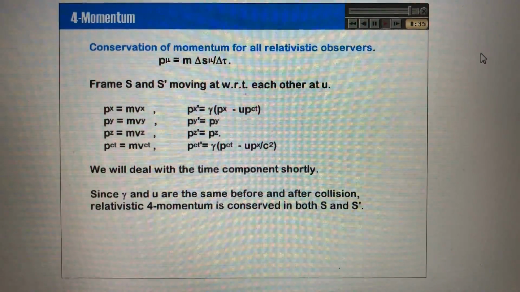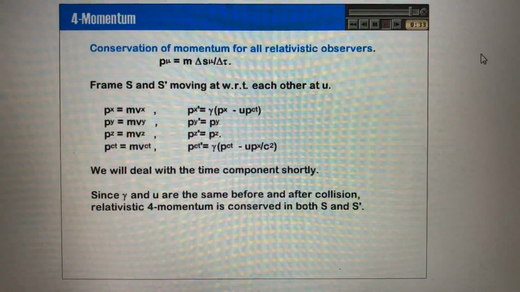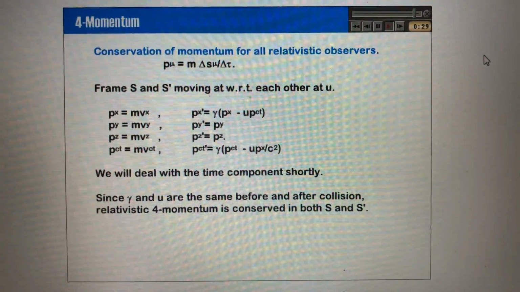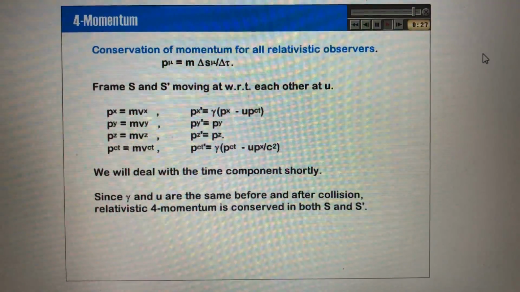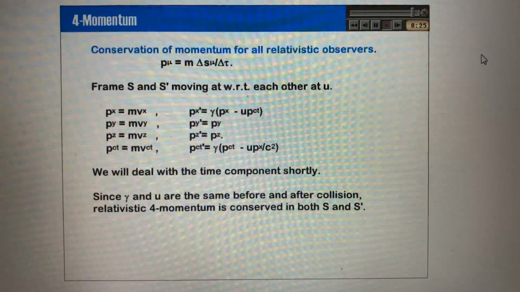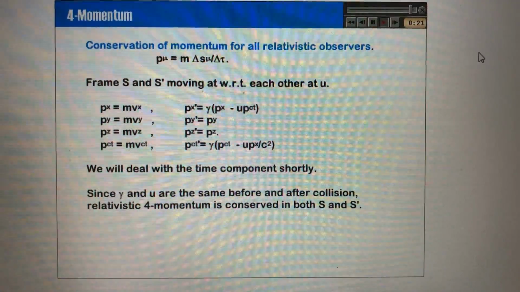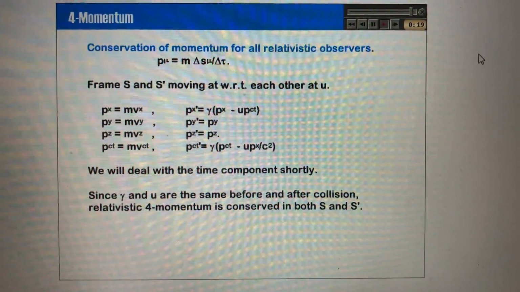So this tells us that momentum is conserved for this relativistic scenario under the Lorentz transformation, and this is a valid definition. And again, when we go to the low velocity limit, we get the 3-momentum back, which is good. So this is a nice definition of momentum, and we're going to go in the next lecture and discuss